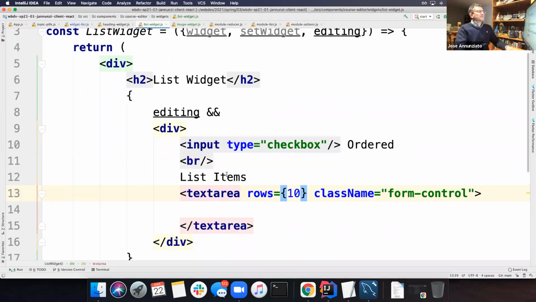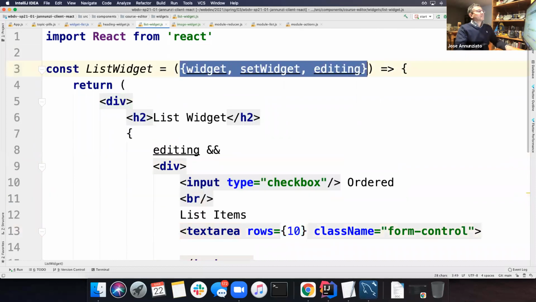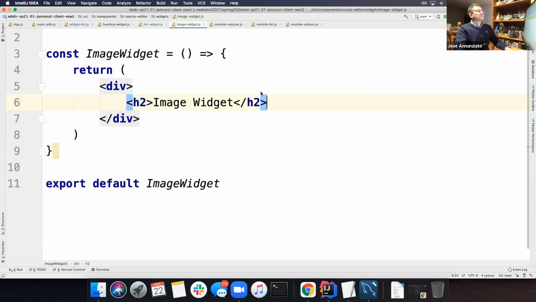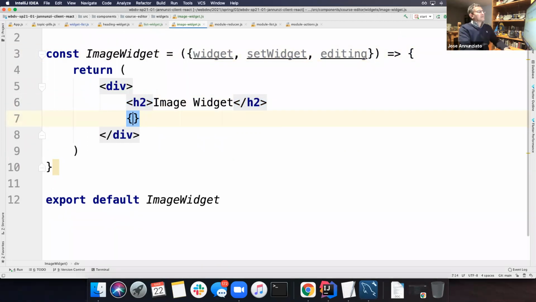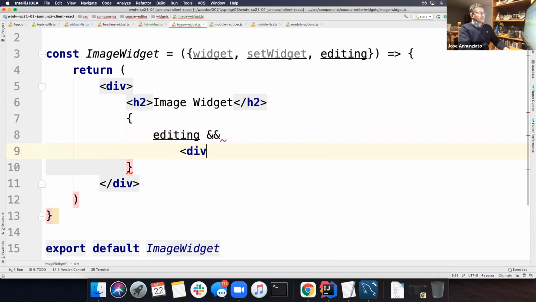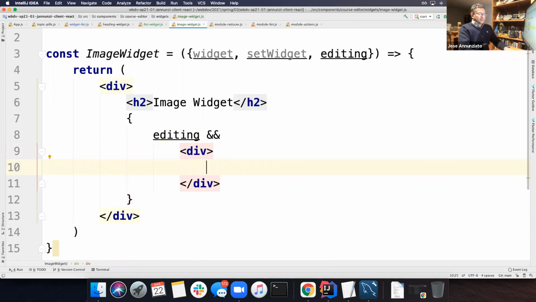Now the image widget should behave the same way. We're going to grab this, and in the image widget we have the same thing. We're going to say that if we're editing, we're going to display three fields, right? One for the URL. So input, and they're all going to be